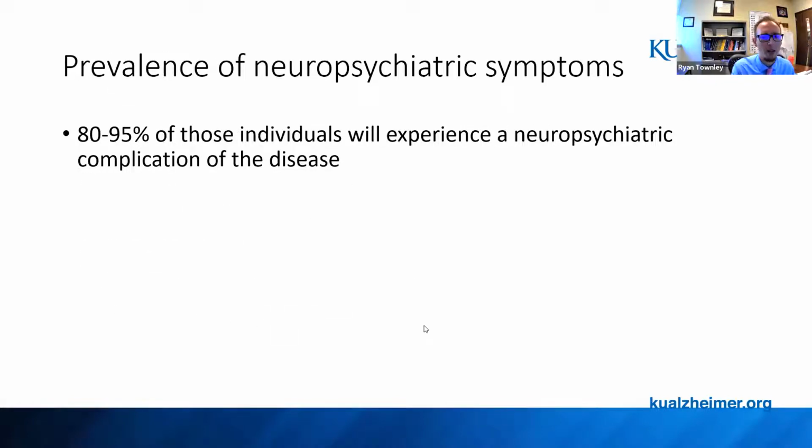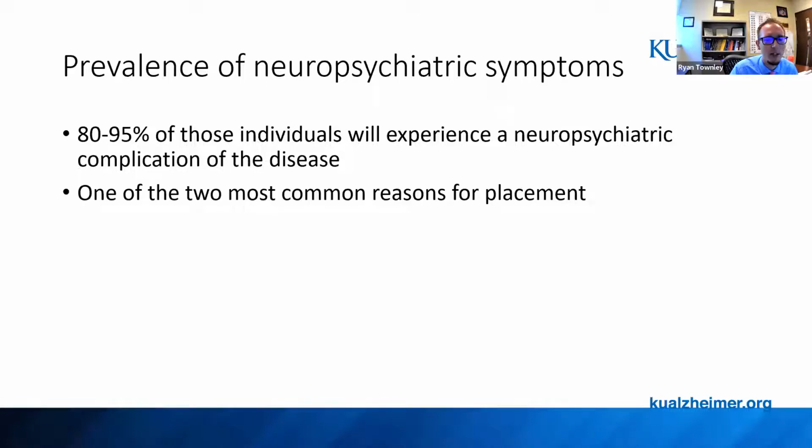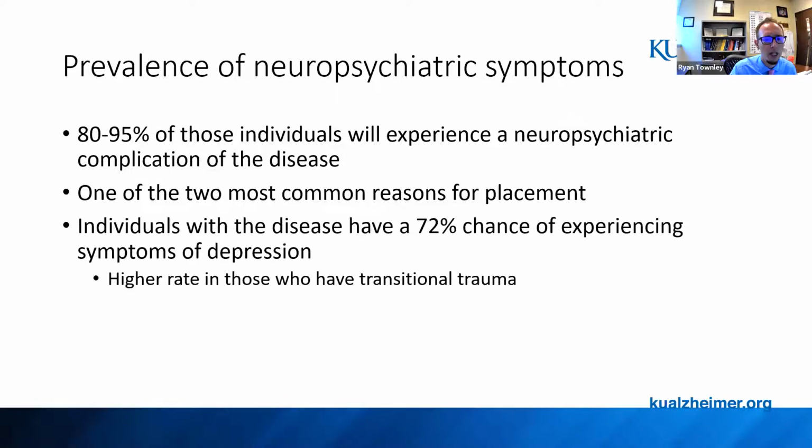I think first as a background, most of us that deal with patients that have progressive cognitive diseases like Alzheimer's disease or Lewy body disease, neuropsychiatric symptoms of those disorders are very common. Depending on the study you look at, somewhere between 80 and 95%. Some people even say 100%, but a good majority of our patients are going to develop some of these symptoms. And it's actually one of the two most common reasons for placement. So as far as caregivers being able to manage these symptoms in loved ones, that's usually the line rather than